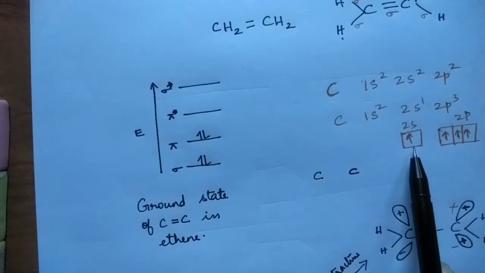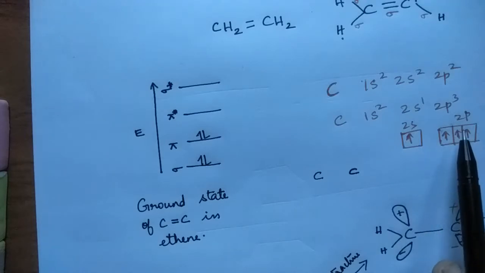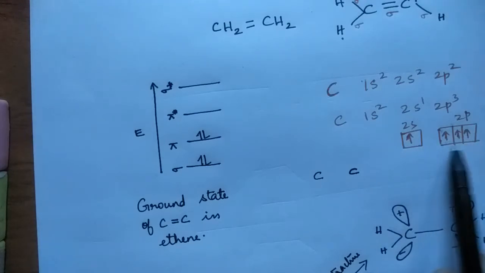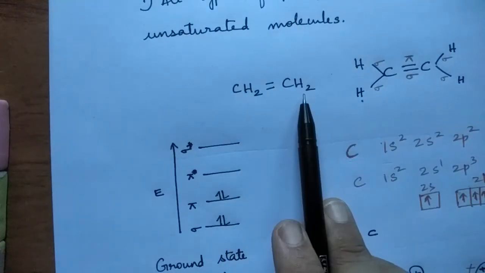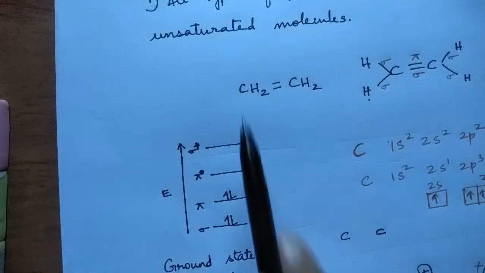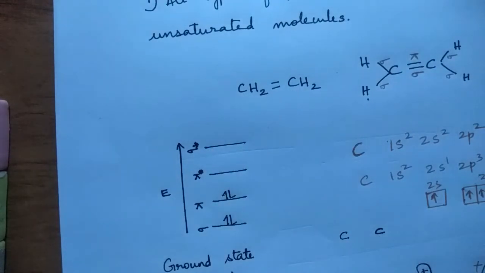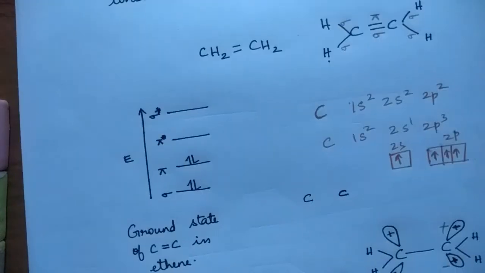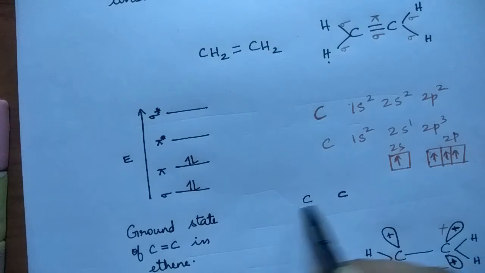That is, 2s has one electron, and 2p has 3 single electrons. In CH2 double bond CH2, we know that both the carbons are in the sp2 hybridized state, and that is possible when we have the sp2